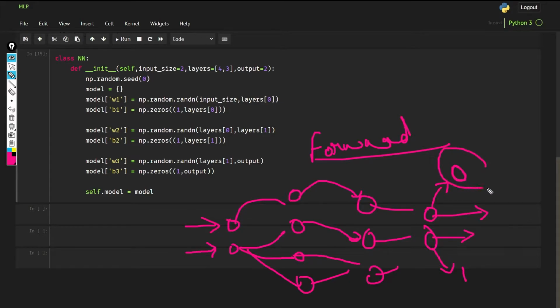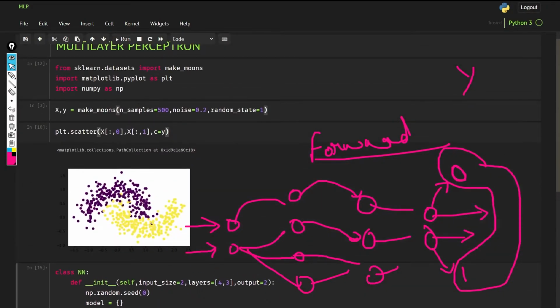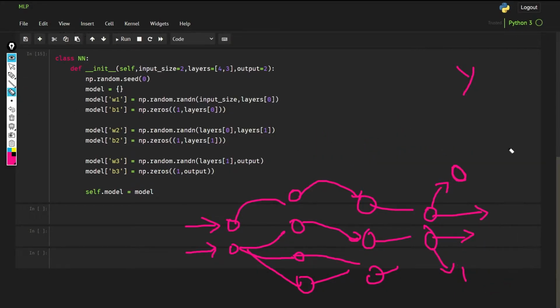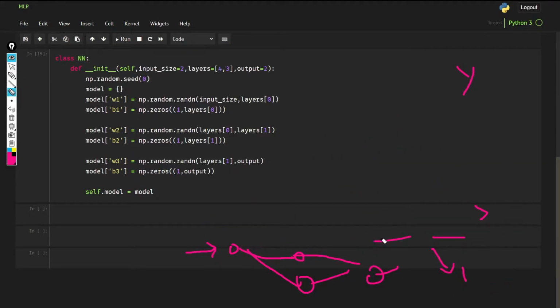Now after we got our output, what we are going to do is correct this output, because we have not used any back propagation yet. So we are going to compare this output to our original output that we used here. We are going to compare this output with this output, and then we are going to use backward propagation that I have already explained. So let's use this first.